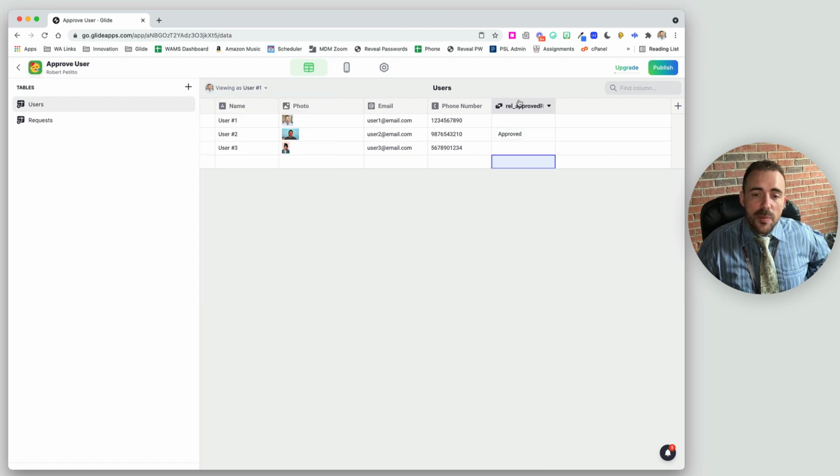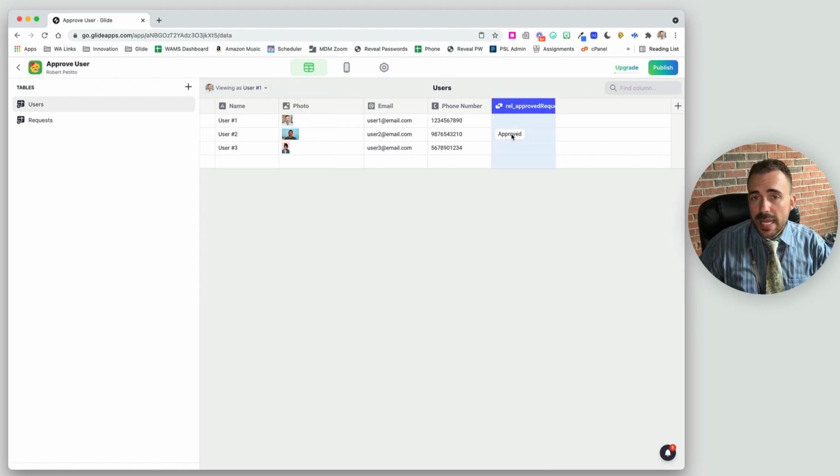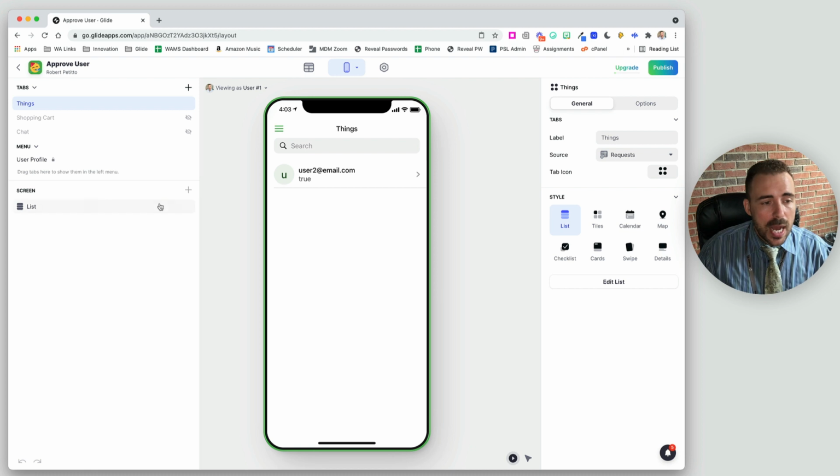All right, so now we have this relation as basically a switch between whether or not they should show the information or not show the information. All right, so now all we have to do is build out the interface. So I'm imagining we're going to have a list of users, right? So we have a list